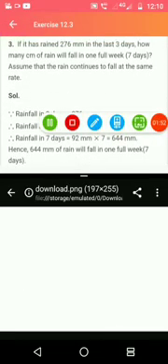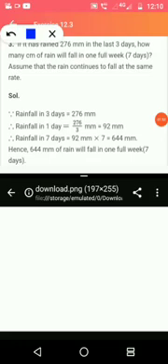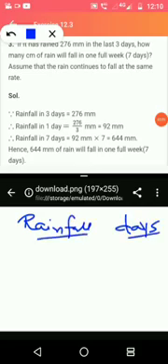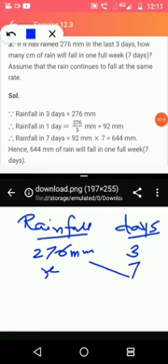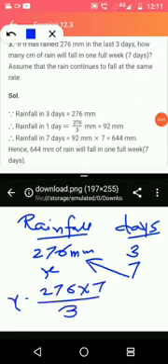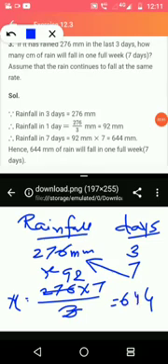It has rained 276 millimeter in last 3 days. Okay. So rainfall and days. So 276 mm in 3 days. So how many millimeters will the rainfall be for 1 week? 1 week is 7 days. So it is cross multiply, 276 into 7 divided by 3. 3, 9 3s are 27, 3 2s are 6. So 7 2s are 14, 9 7s are 63 and 1, 64. 64 mm. It will fall 64 mm.